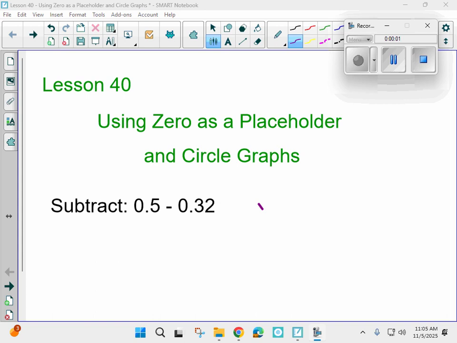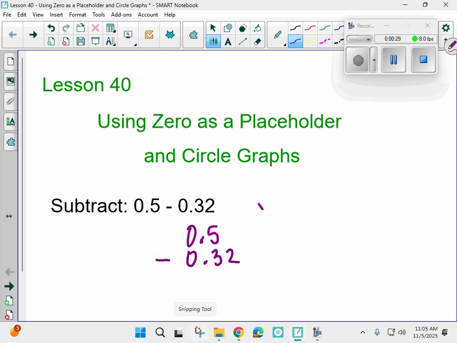Less than 40. Using 0 as a placeholder and circle graphs. All right, so subtract 0.5 minus 0.32. Adding and subtracting, you got to line up the decimals, right? Not when you multiply, you don't have to do that. But when we add or subtract, we are going to subtract like this, okay? 0.5 minus 0.32. And so they're saying use 0 as a placeholder because I'm going to have to do this